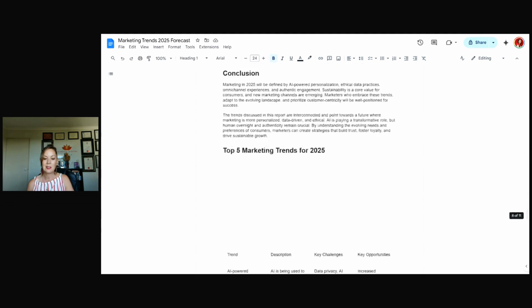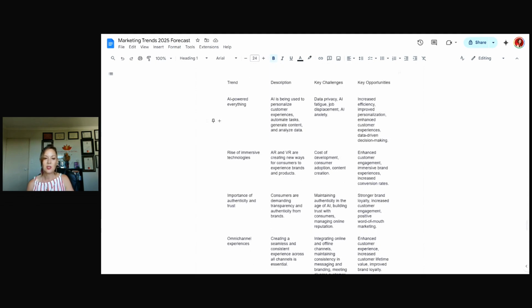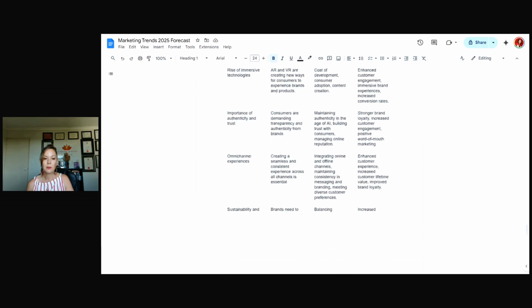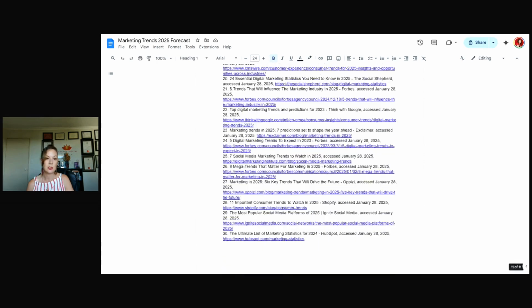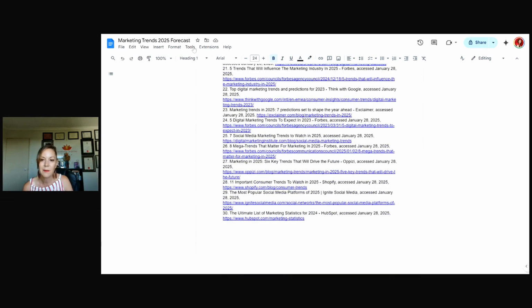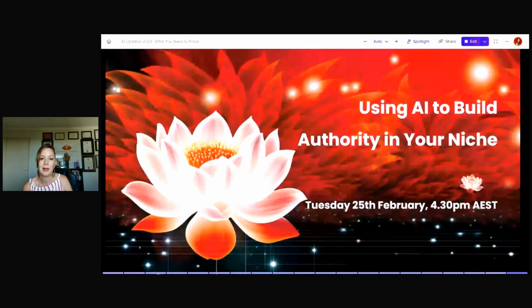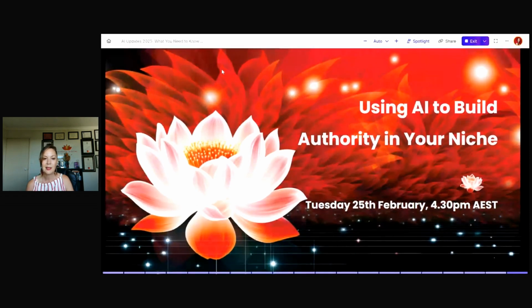And then at the end, it consolidates everything into a table for you. So if you just want the snapshot, and then it gives you all the sources. So I don't know, I find that really amazing in how comprehensive it can be and how quickly it can actually do things.